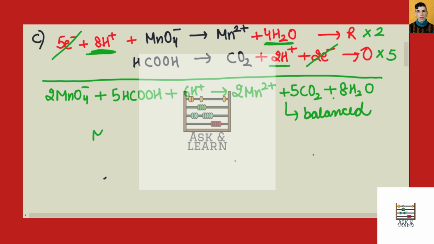For manganese, Mn in MnO4- goes from +7 to +2 oxidation state, which is a decrease in oxidation state, and hence this is the oxidizing agent, which means it is oxidizing the other molecule by itself getting reduced. And carbon in formic acid goes from +2 to +4, therefore it is increasing, and this is our reducing agent, which means it is reducing MnO4- by itself getting oxidized. And yeah, hope that